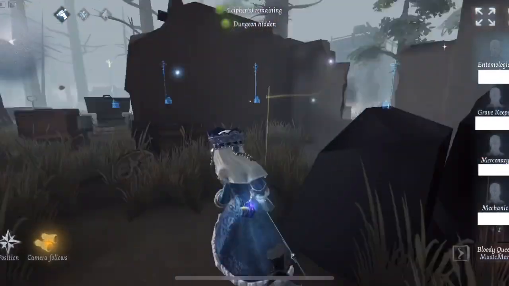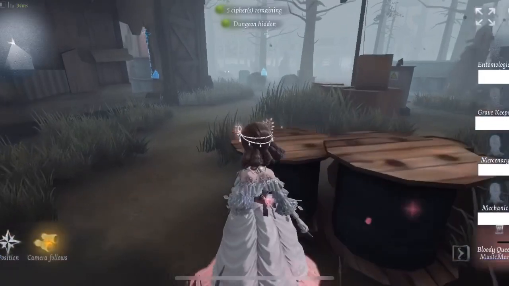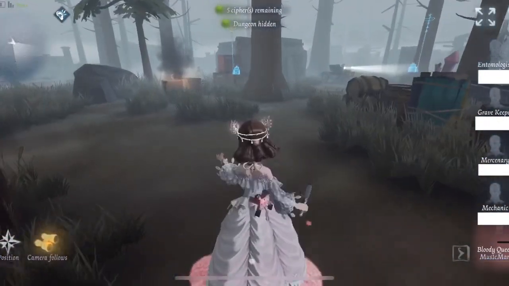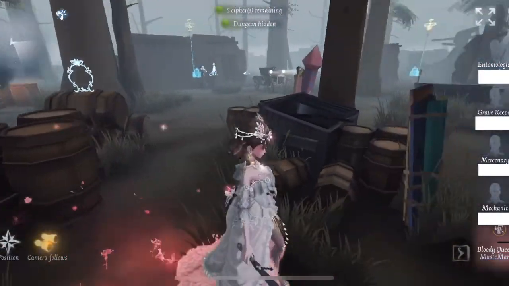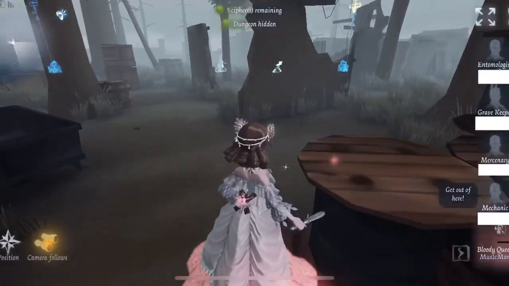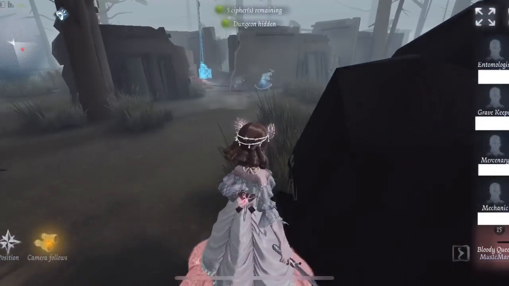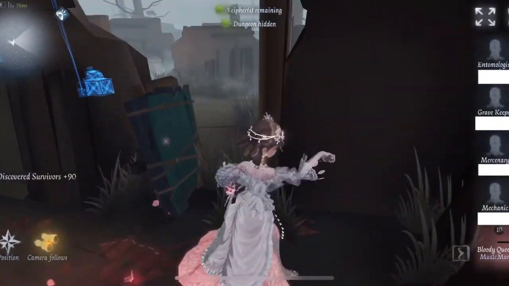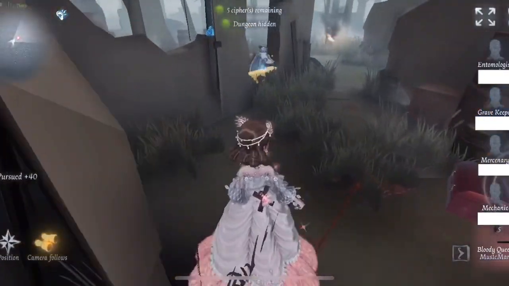So now we're going to take a look at the next match, which is on Arms Factory. Arms Factory is really a pain, especially with this new added area here. Even though they removed the infinite loop from Factory, that area is still really good for survivors. And right now I'm chasing the entomologist here. So the entomologist is going to do a really nice kite here, but I'm going to...